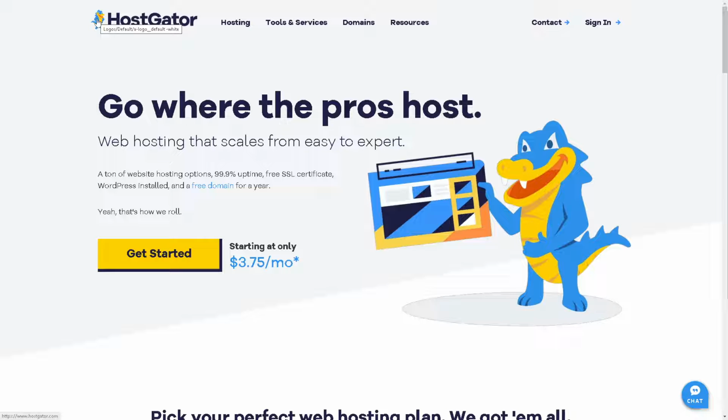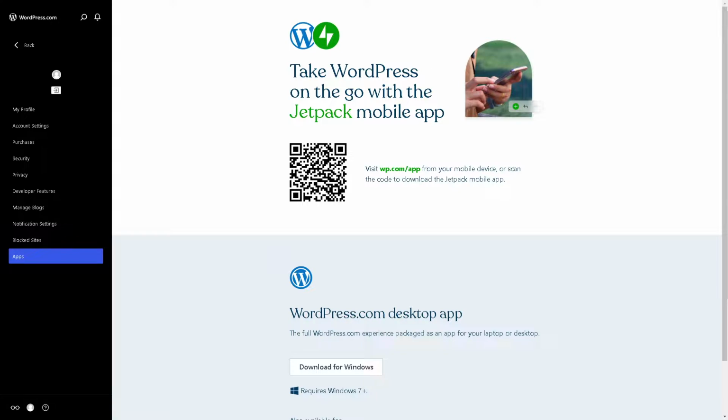Now from here, all you're gonna do is log into your account on Hostgator, and once you have done that, we need to access the main dashboard. Now the next thing we need to do is to go to the WordPress powered by Hostgator, and if you're still following, your interface might be different from what I have, but if you have that option, go to the left side of the dashboard, hover down below where it says appearance,